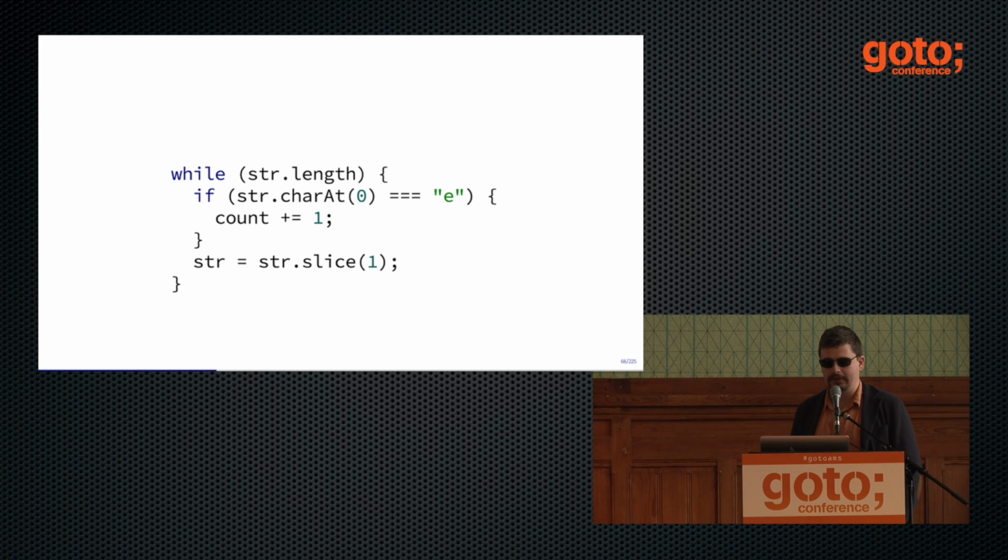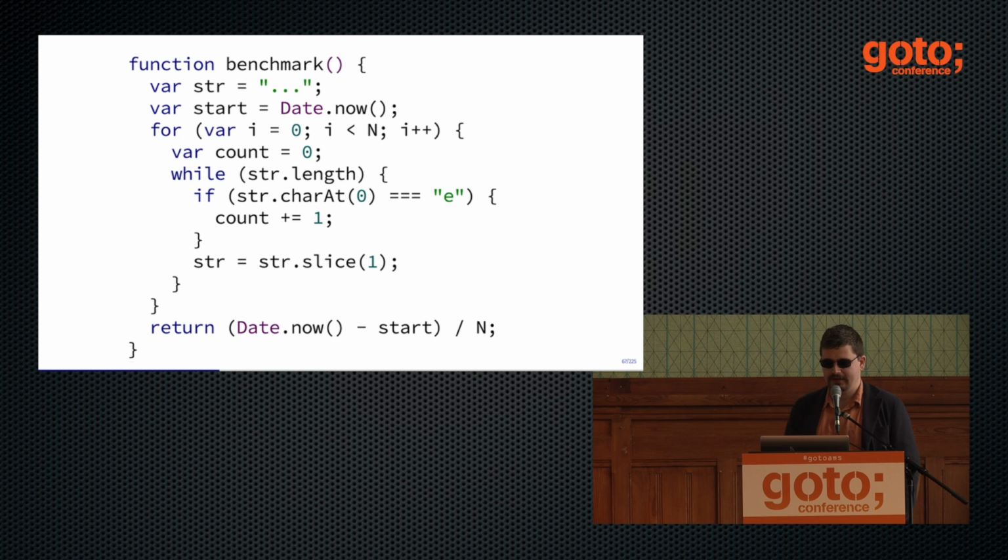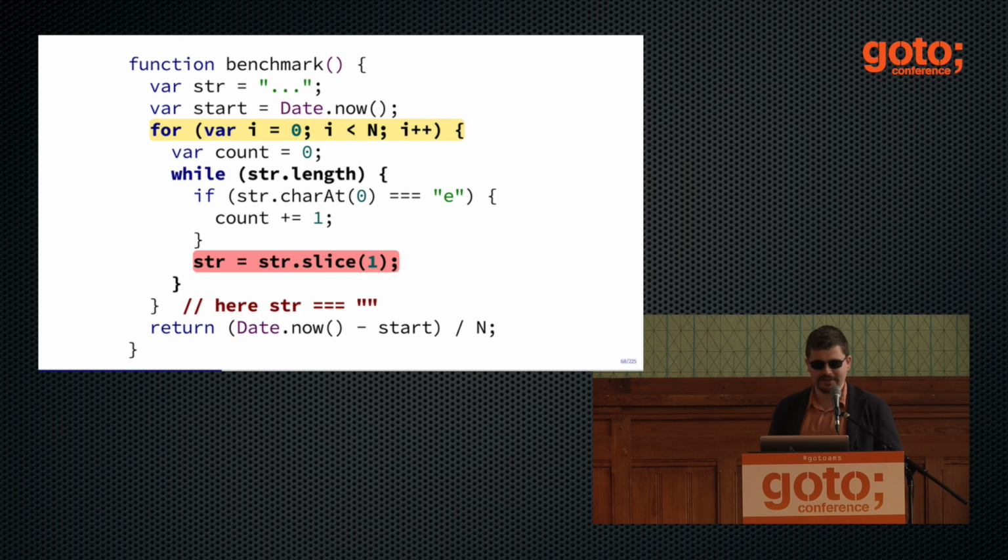So if we look at the example with slicing of a string one by one, what makes it so fast is that JSPerf, or the benchmark.js, which is the library underneath JSPerf, generates a JavaScript code wrapping this into a loop. And maybe if we spend an hour just staring into this JavaScript code, we will figure out what the bug is. The bug is that you arrive with an empty string on the second iteration of the outer loop, right? You slice the string, it ends when the string is empty, and then the string is never reinitialized. You just repeat all your operations with an empty string.